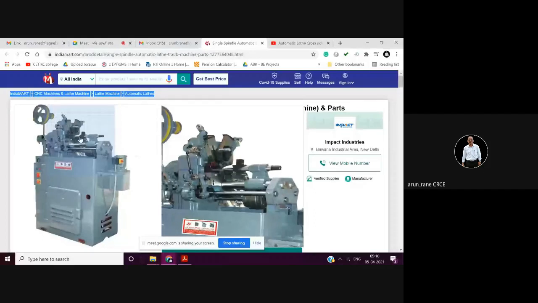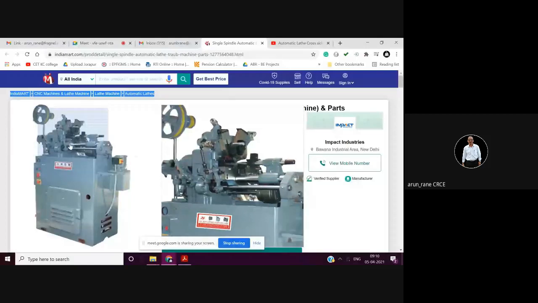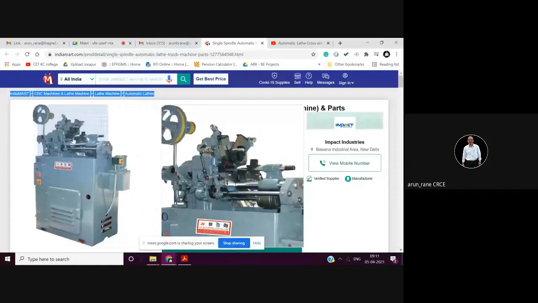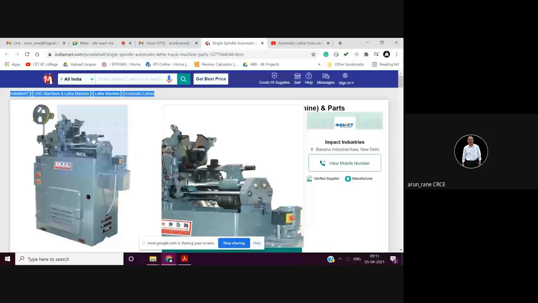Now this vertical slide will move in and out like this. It will not move axially. And the front and rear cross slide will move like this, like our normal lathe machine, and you can take a depth of cut. Then you have a tailstock. This is your tailstock. So from the tailstock you can put the drill.